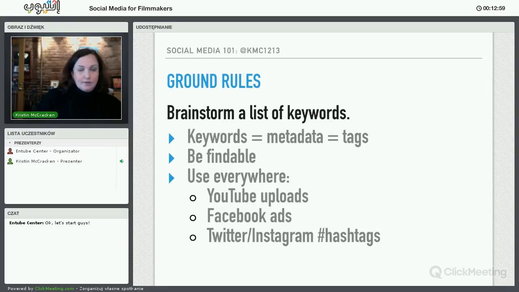Another assignment that I always give a filmmaker when I first start working with them is to brainstorm a list of keywords that are associated with your film, or with the issues in your film. I'm working with a film that's about arcade games. So I ask them to come up with all the different keywords, like arcades, gaming, retro gaming, the names of the actual titles of some of the games that are in the film, the names of places and people that are in the film. These are all keywords that will help your search engine optimization along the way,